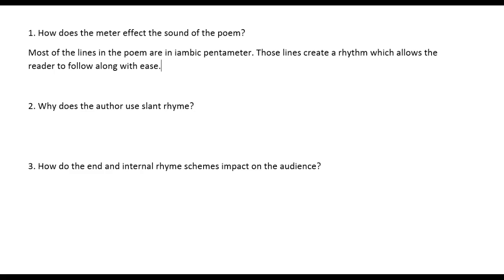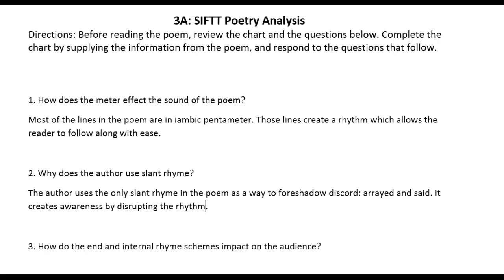Now let's look at the author's use of slant rhyme. The author's use of slant rhyme with "arrayed" and "said" is used to create discord. It seems almost to foreshadow the situation that happens at the end of the poem. It disrupts the natural rhythm of the poem and it creates a little bit of tension for the reader because they're trying to force something to fit into its surrounding, sort of like the idea of forcing a person to fit into another person's perception of him. So that use of slant rhyme mimics what's happening with the people and Richard Cory in the poem.